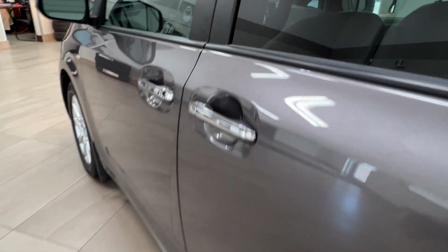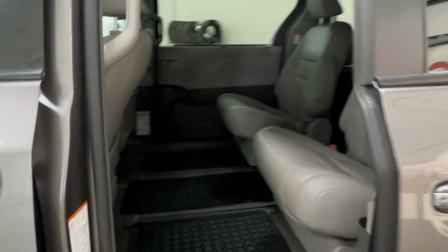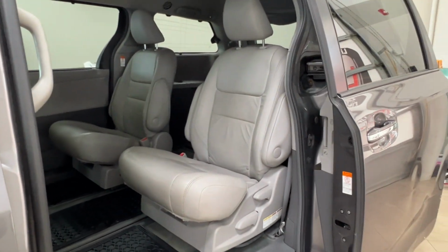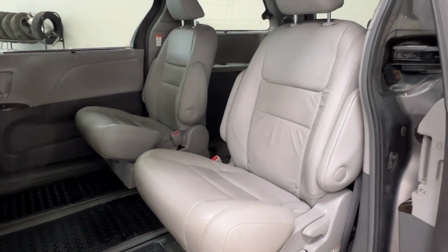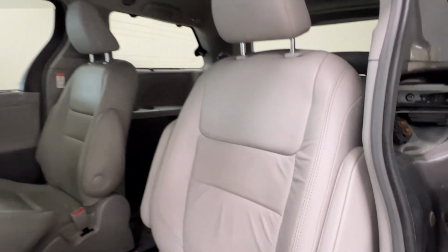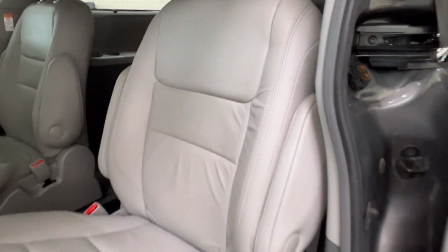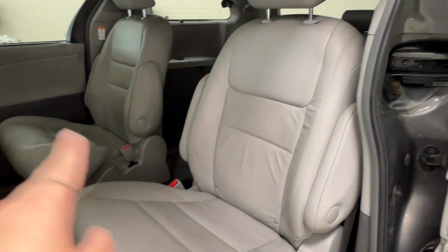So to open up the door here, you can simply give a pull on the handle, and you'll find the door slides right open for you automatically. There are also buttons on the key fob you can use to achieve the same action. Inside, your interior upholstery is the light gray leatherette with light gray stitching. As you can see, there are armrests on both the outside and the inside for both of the independent captain's chairs,